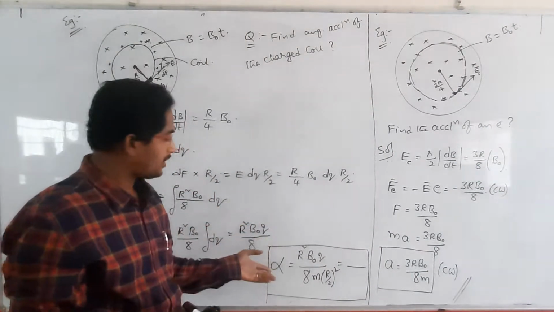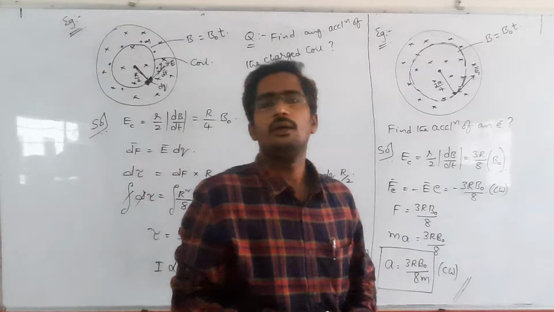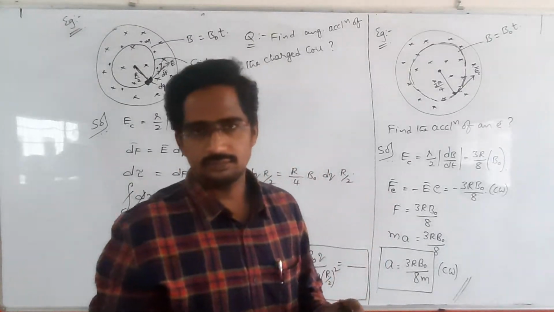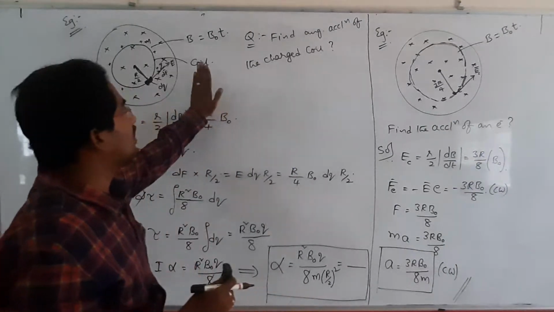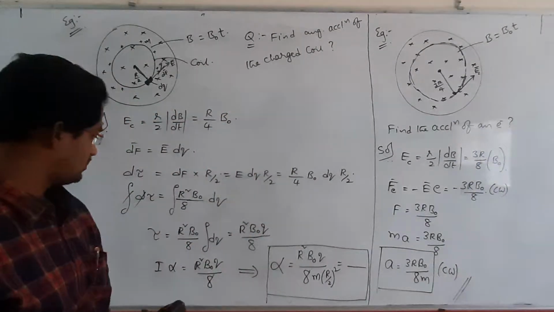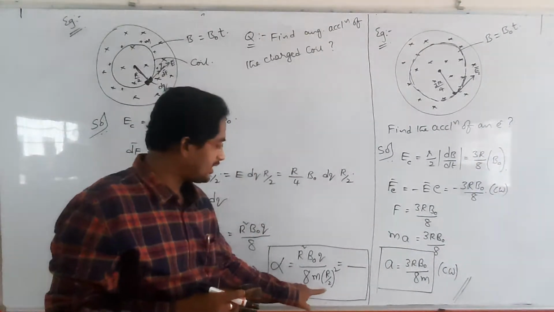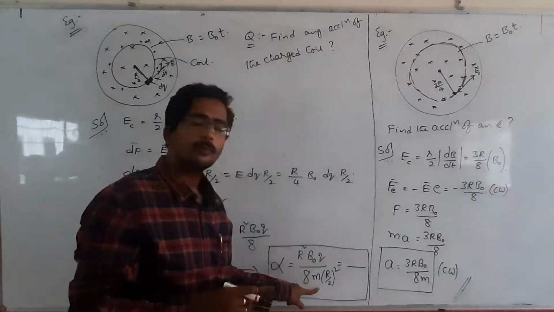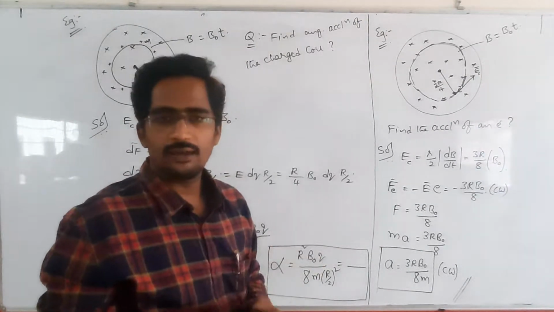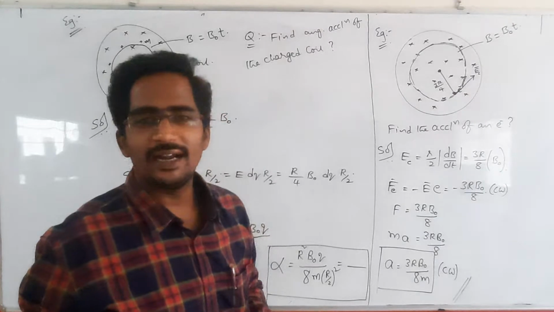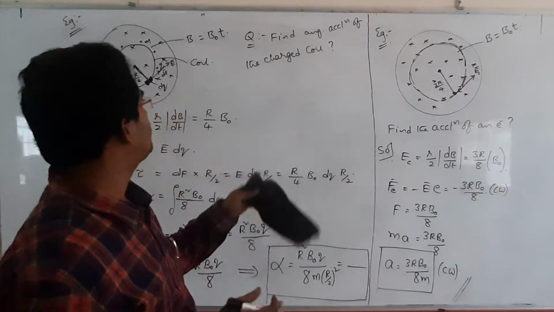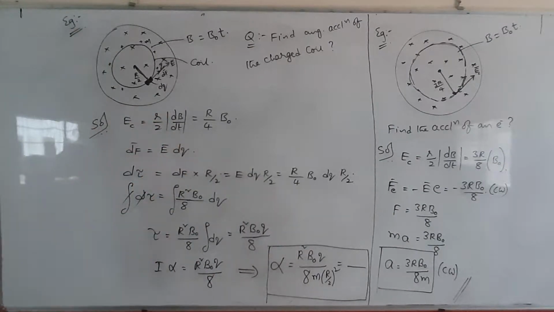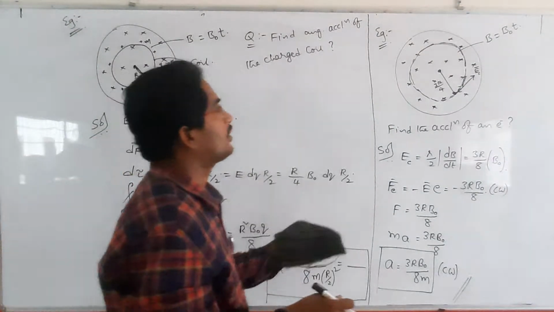So the problem is over. The question they asked, the angular acceleration of the coil, we determined here. It is the M r square formula, where M is the mass of the coil and r by 2 is the radius of the coil. So with that, the problem is over. Please note this down. Next, we are going to see one more problem.